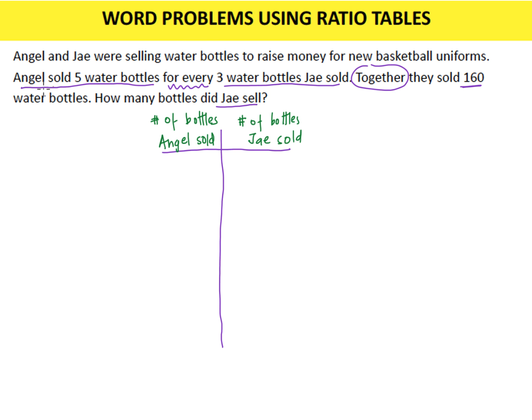So let's see, what do we have? Angel sold 5 bottles for every 3 bottles that Jay sold, and we know together they sold 160 bottles. So it's not that the 160 goes here or the 160 goes here. It's the total that they sell. That means that we actually have to make a third column. And the third column will be for total. So we have total bottles sold,